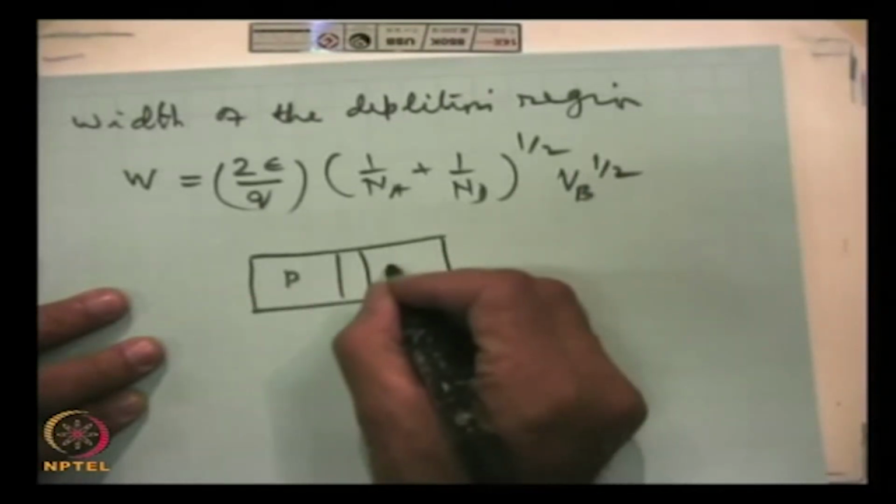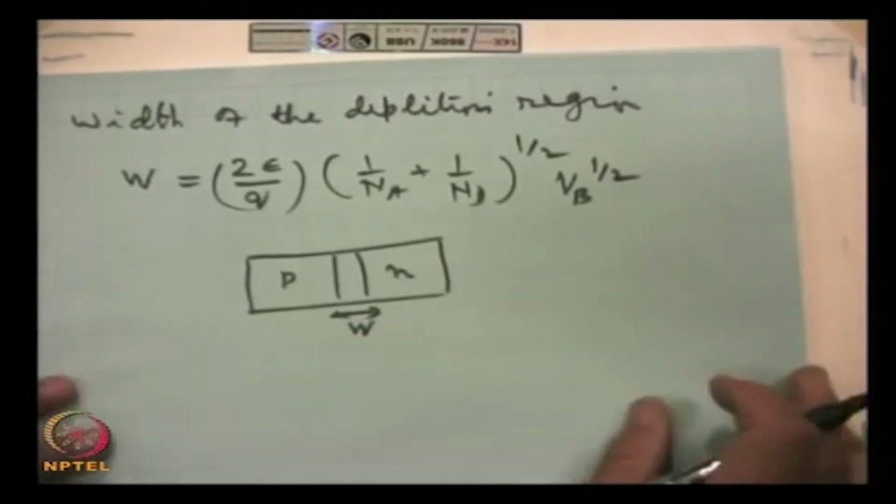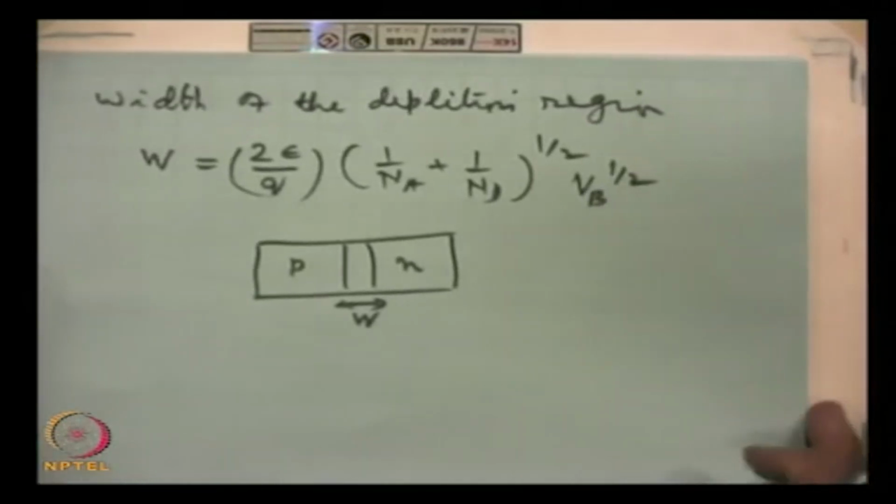This is P material, this is N material, and this is the depletion width W, which is given by this expression, and it obviously depends on